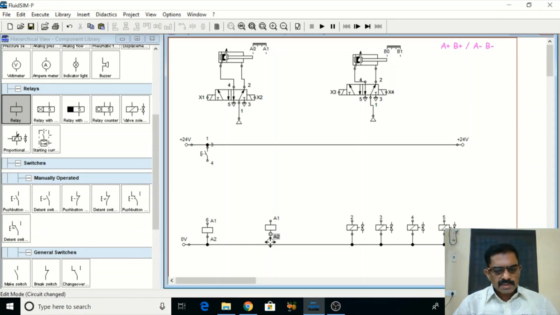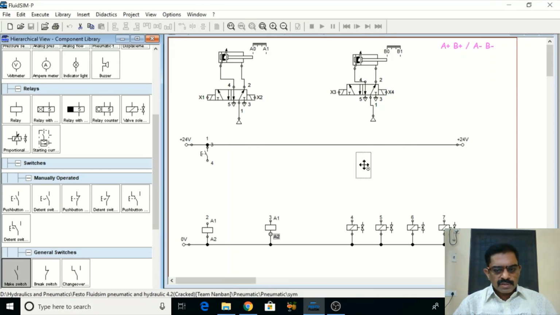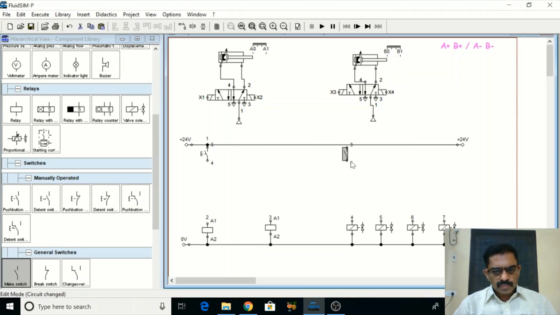I am connecting this to 0 volt, and here I have to connect my different components. That I am going to do here. And similarly to what we did in the last exercise, we are going to choose that many switches. So this is 1, 2, 3 and 4.